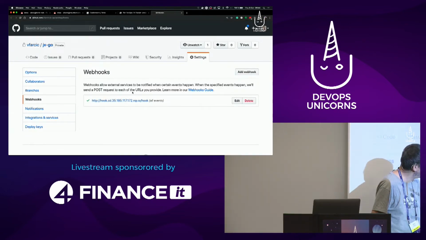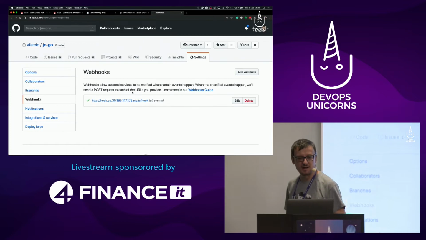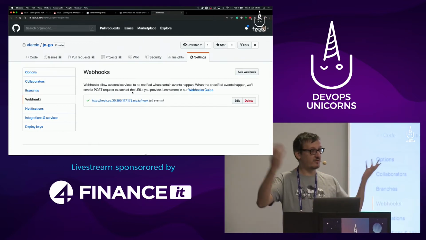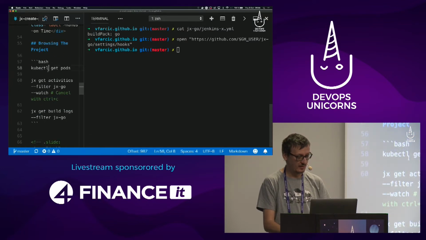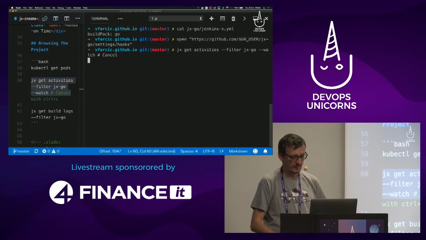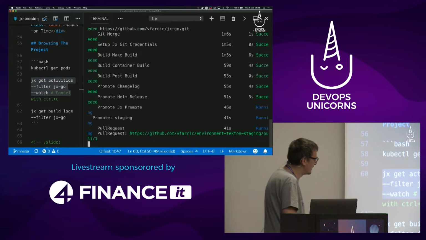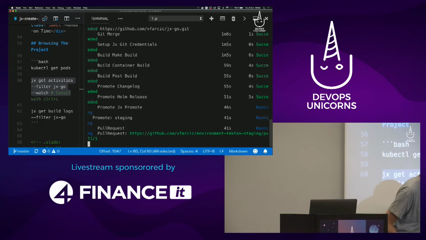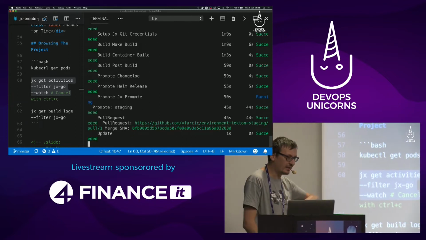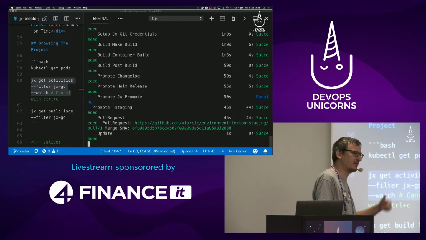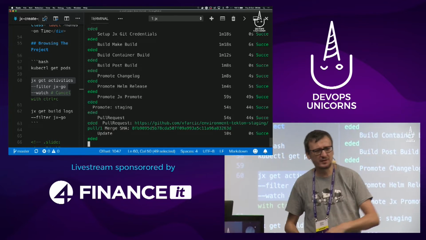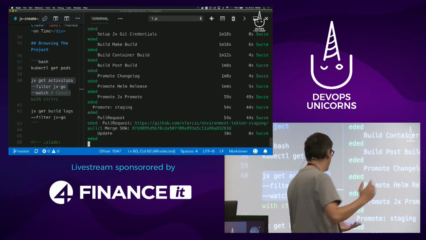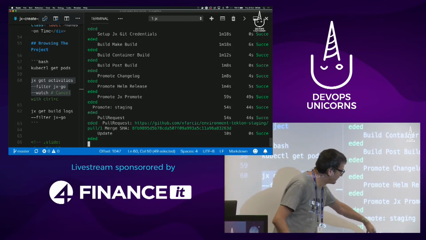I am going to show you instead, just to confirm, you can see this is my cluster. This is my repository. It is already notifying my cluster that I created a project and it should do something with it. And what that something is, I will show you right away. So you can see that the moment I created a project, and it's still running, you can see it running over there. It started building my application, it created container images, it created Helm charts, it pushed them from one registry to another, it ran maybe some tests, we don't know, and now it promoted to the staging environment.